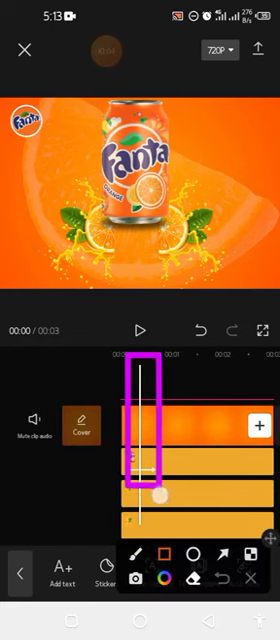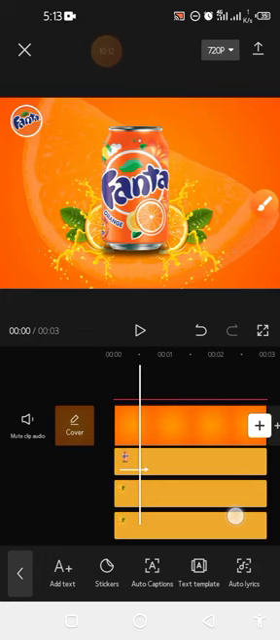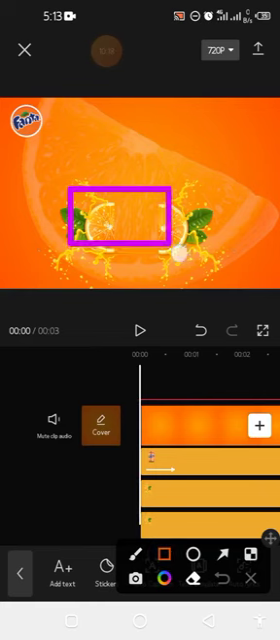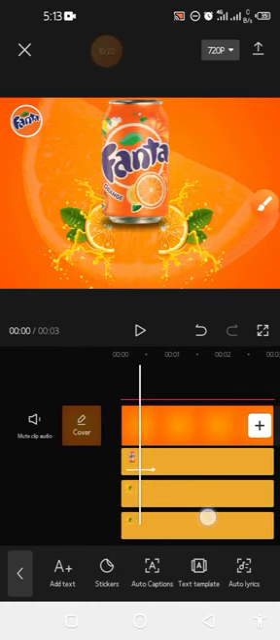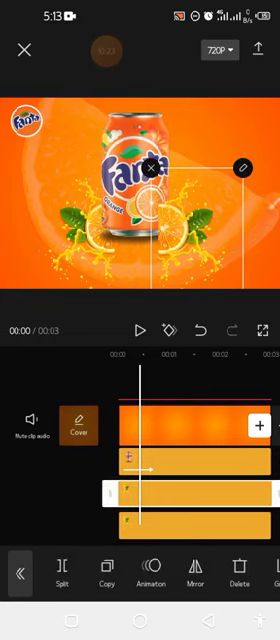This white vertical line that you are seeing is called the slider. So we'll take our slider forward. We want these other images to come in immediately. The Fanta image is about hitting the bottom, so we are going to tap on this Fanta image,